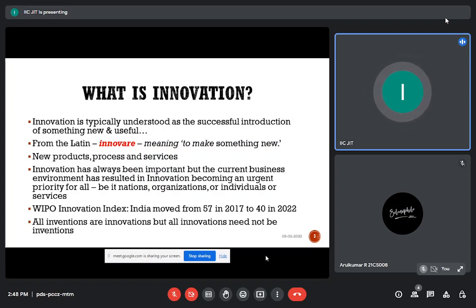Imagine the talent that is there in this country. 1.5 million students have participated in the Smart India Hackathon from 2017. Largest hackathon in the world, largest open innovation model in the entire world. It's the power of this country,